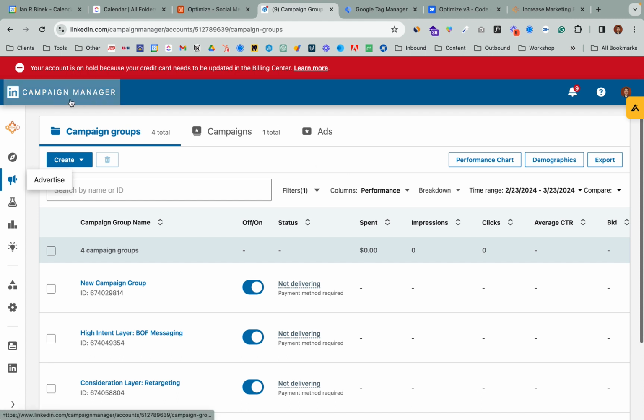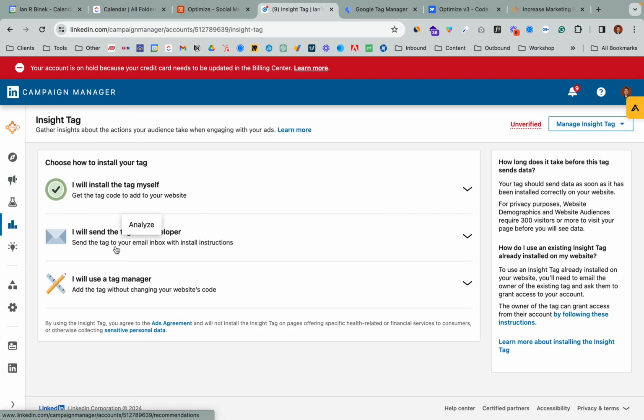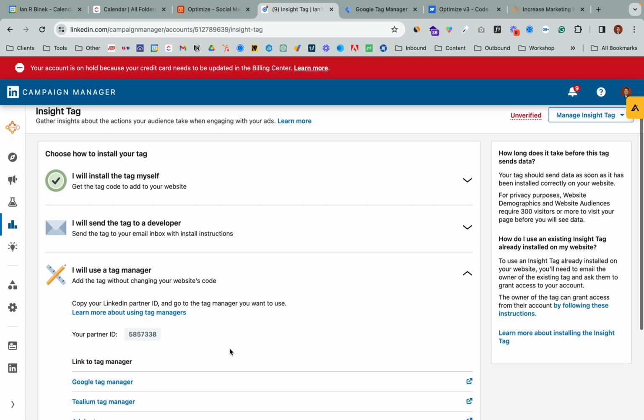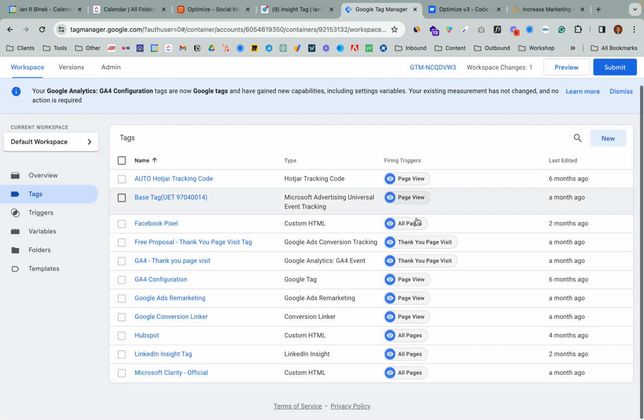So we are inside of our LinkedIn Campaign Manager and we are in the Advertise panel. The way you access your LinkedIn Insight tag is by going into Analyze on the left-hand panel, selecting Insight tag, and then for this video, we are going to be installing this using Google Tag Manager, and personally, I would recommend this in almost all cases. So we are going to select Google Tag Manager, and it is very simple. All you have to do is copy this partner ID, and then we are going to go into our Google